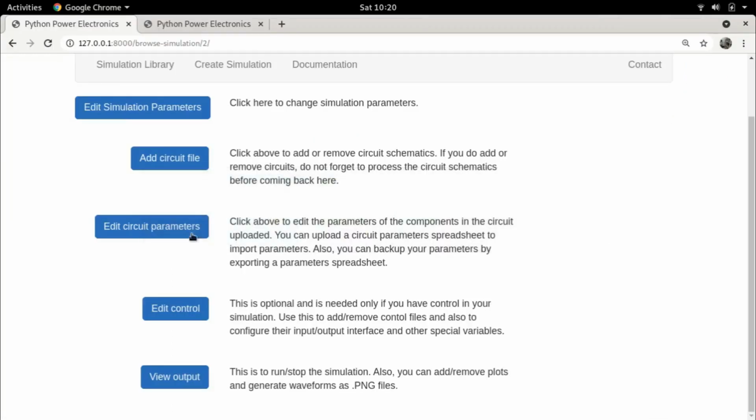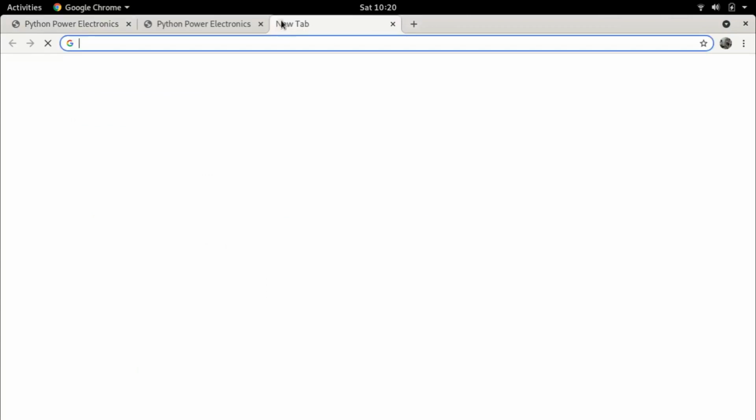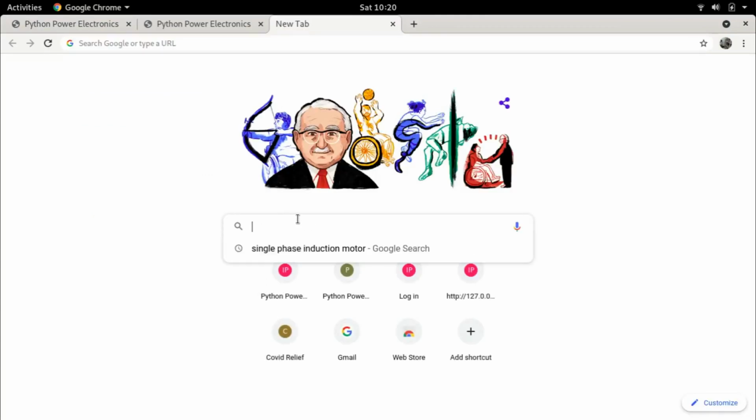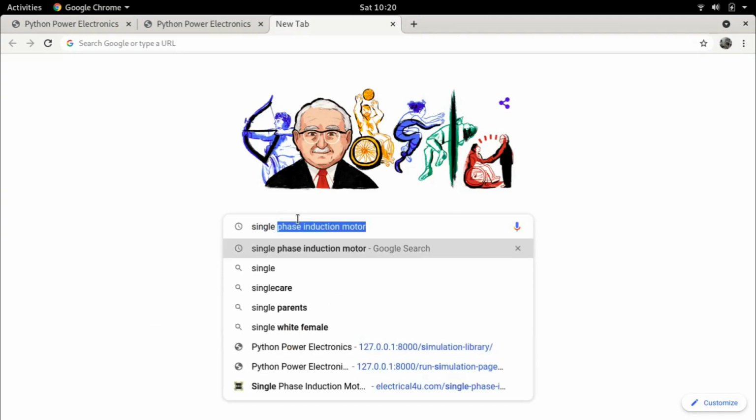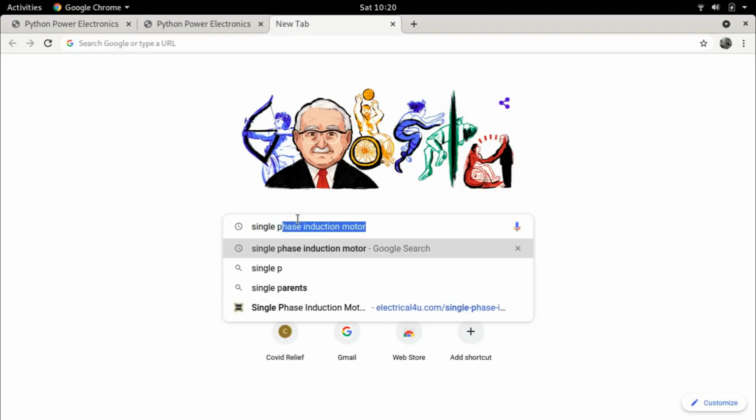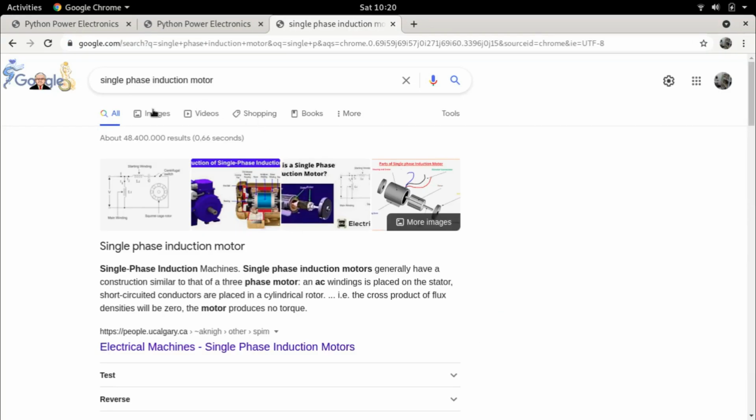With this, let's now get started with induction motors. Induction motors are a very vast topic, so it may not be possible to cover everything. Again, this is a Google search which I've probably done before, single phase induction motor. We will first start with this just as a starting point. We will probably choose many other motors. This is a long series. I don't have any timeline as to when I'm going to end this. This will go on for quite a while, since there are several motors.